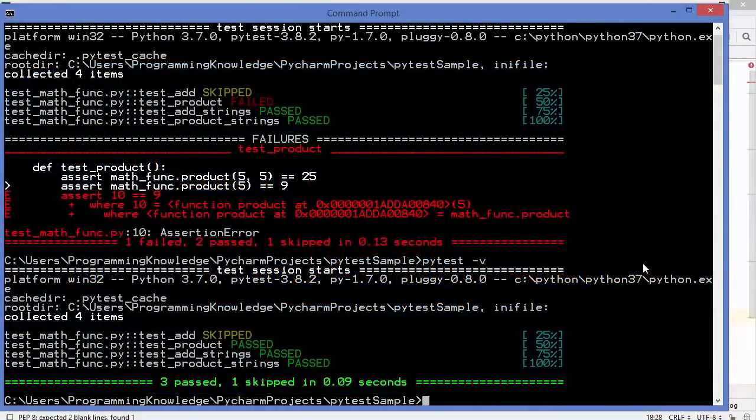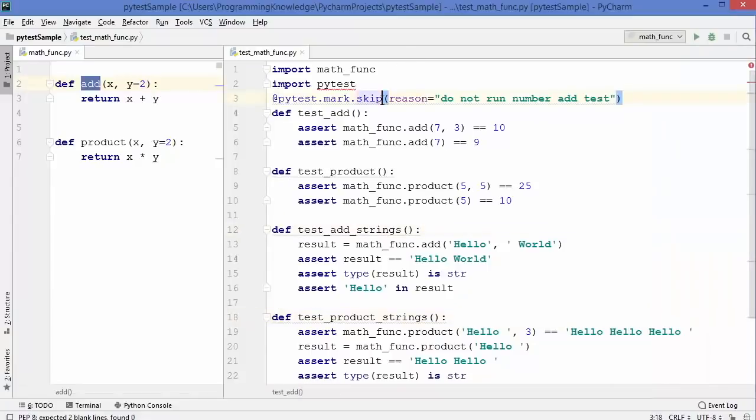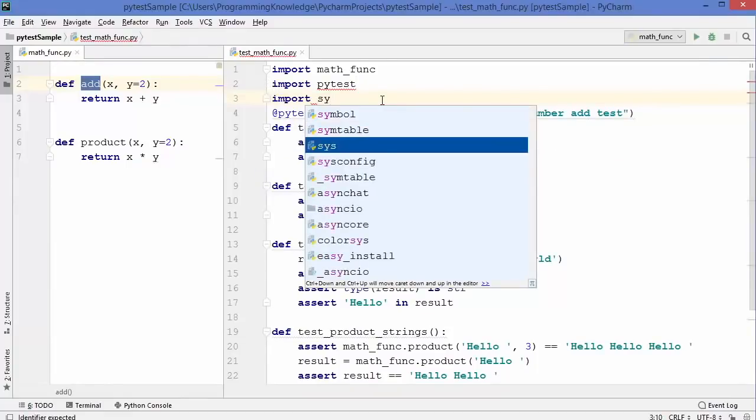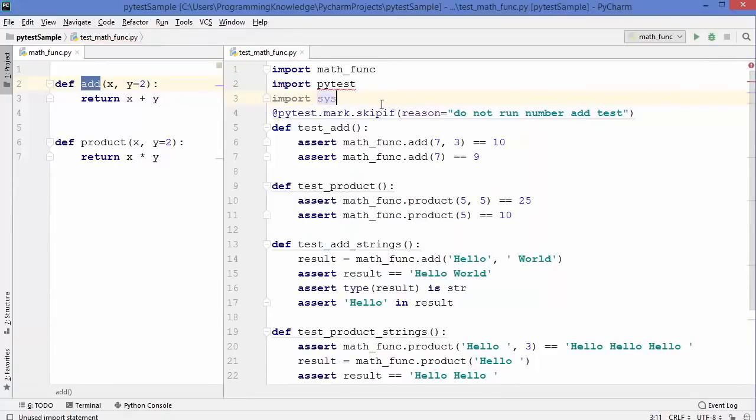Also there is a skip if option available. So here instead of skip you can just write skipif. This skipif is going to check for some condition. So let's say I'm going to import the sys module here, which is going to give me the information about the Python version I'm running. And then as a first argument, I can first of all give some condition. So I'm going to just write sys.version_info, which is going to give me the version of Python available, and I'm going to check if this version is less than, let's say, 3.3, then I want to skip